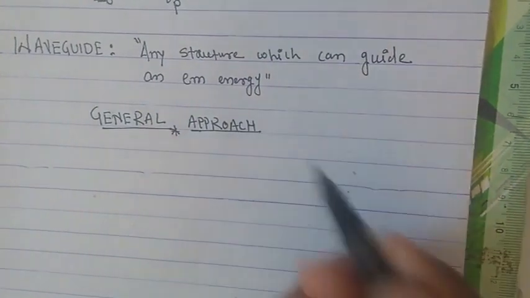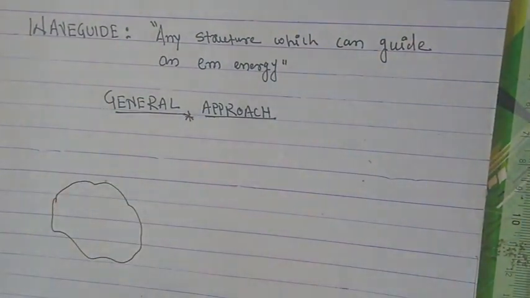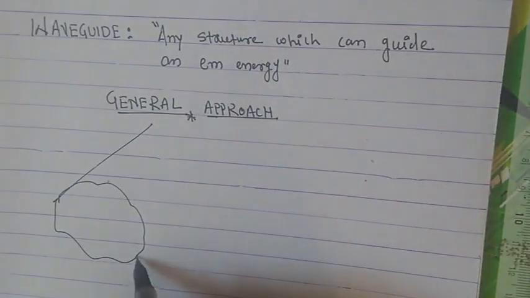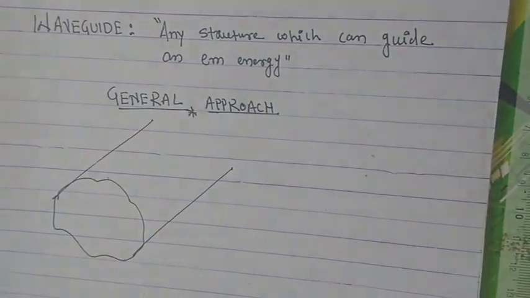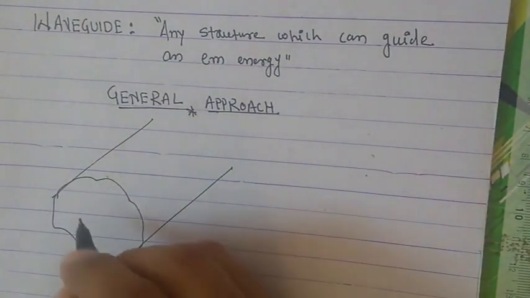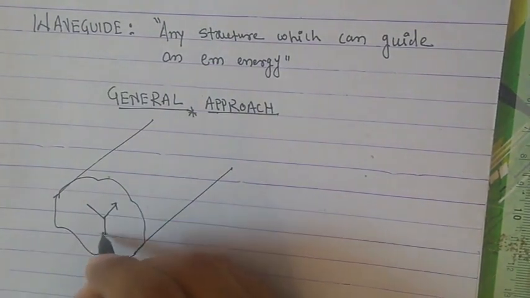So whether it is rectangular or circular, this approach is applicable. Now we have an arbitrary shape of a waveguide, and we are considering the simplest coordinate system, a rectangular coordinate system,